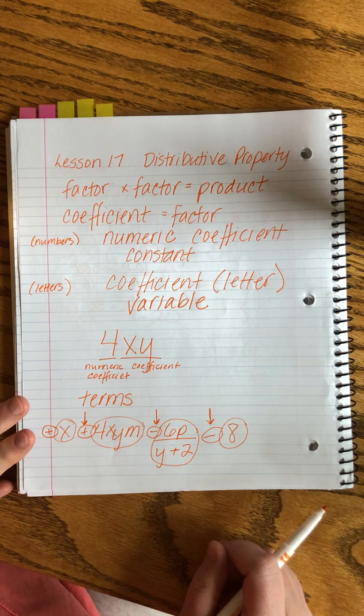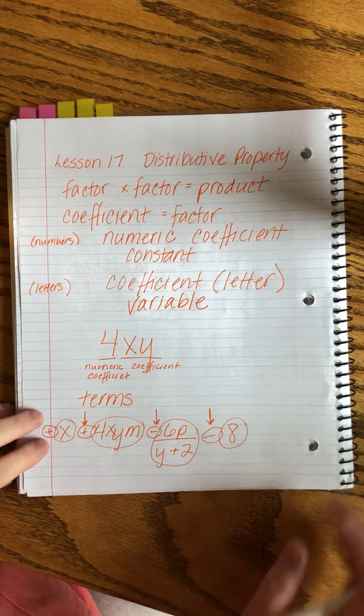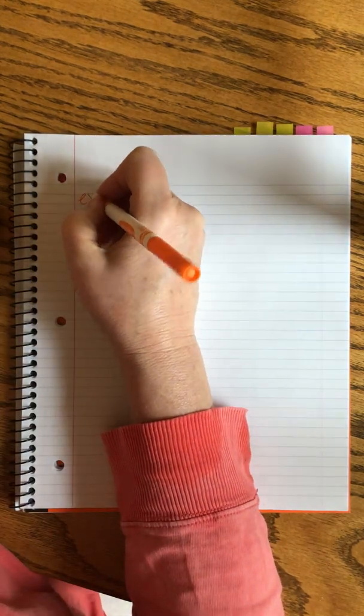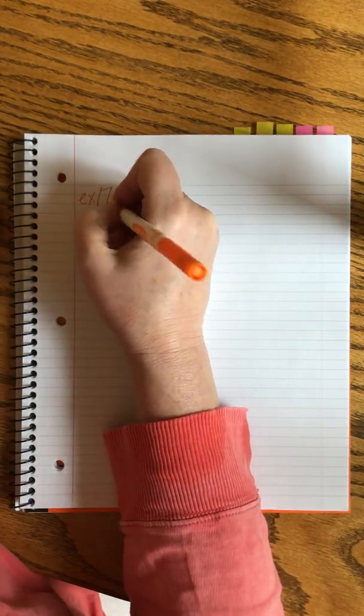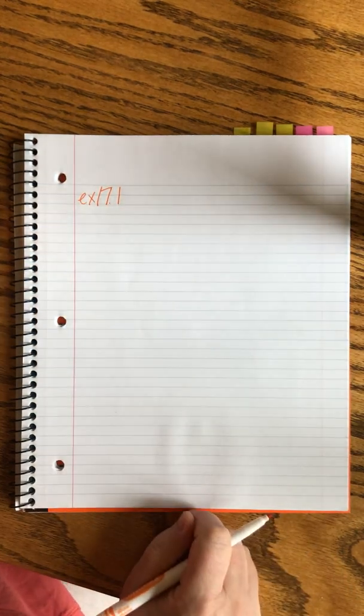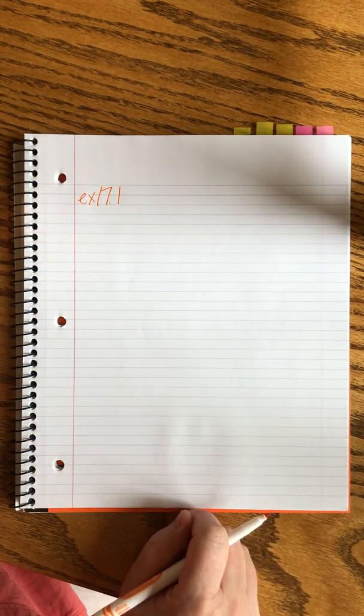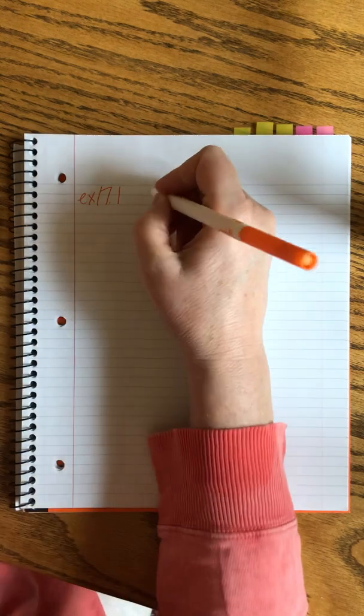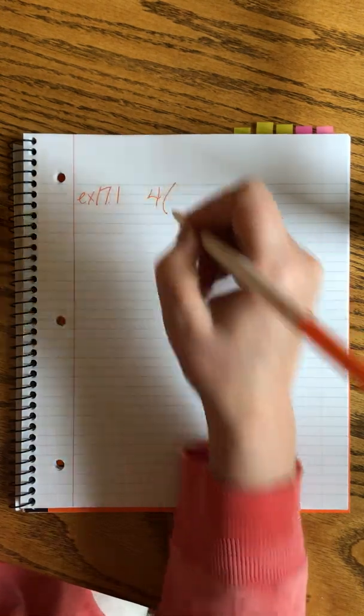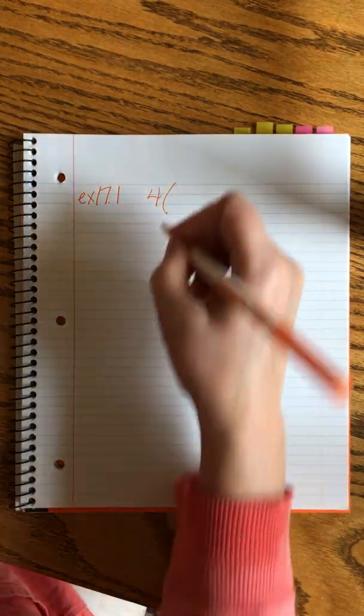And you'll just get more used to them as we go. Now we're ready to talk about the actual distributive property. And I'm going to show you one example before I give you the general rule. 17.1. Use the distributive property to find the value of 4 times the quantity